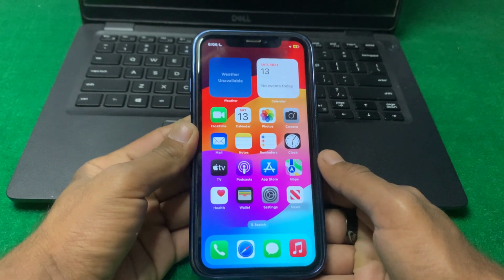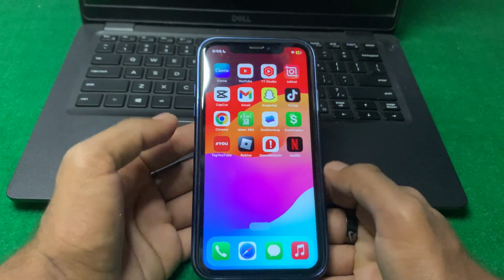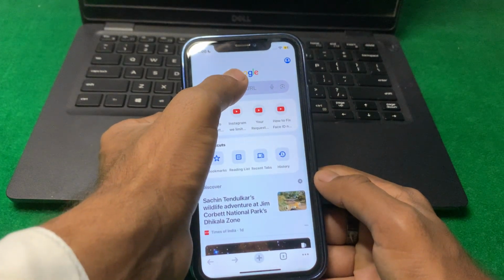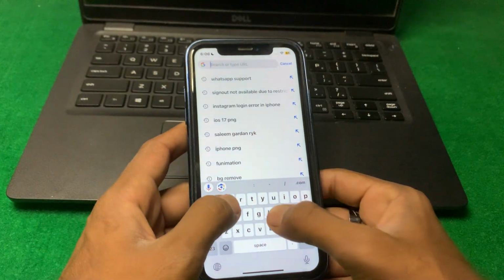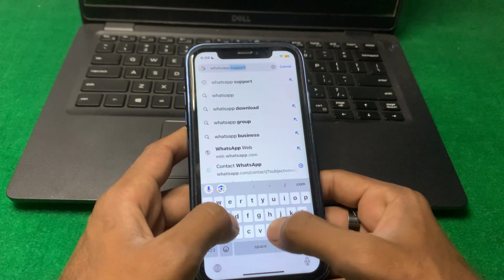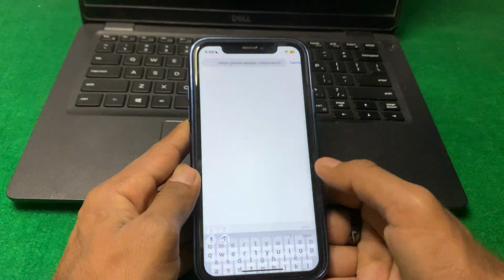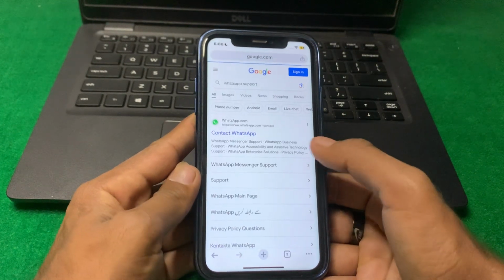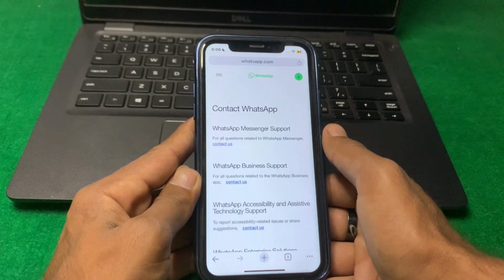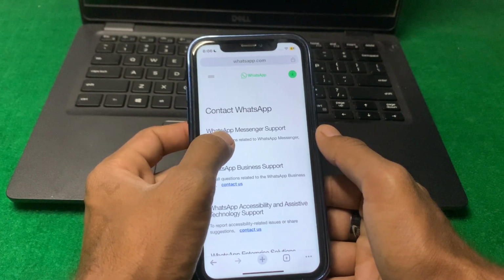And if the problem is still there guys, then we have to simply open any browser and tap on search and search here for WhatsApp support. Tap on search, and here you can see guys Contact WhatsApp. Tap on this. Now from here guys just simply tap on Contact Us,